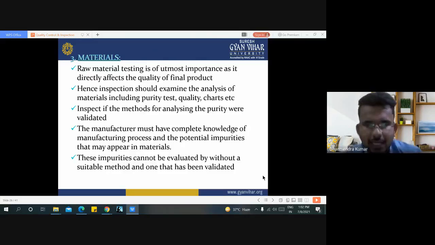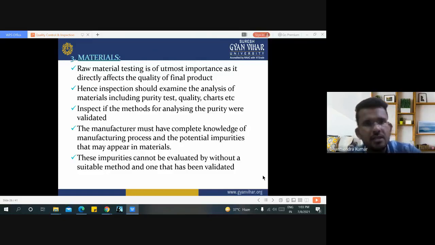Overall, it is saying that we have to check first the quality of raw material, because the overall quality of the finished good is only dependent on the quality of raw material. And if we are checking the quality of raw material, then it must examine all processes, all examined parameters, and all testing parameters which we are using to test the quality, or which we are using to test the characteristics of raw material.